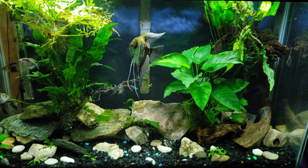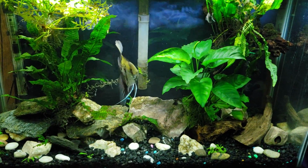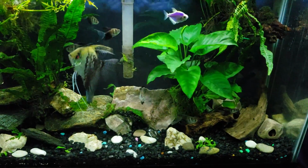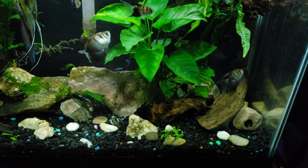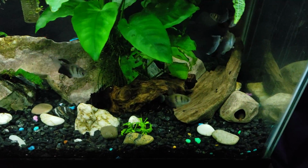Hey everybody, this is my 29-gallon miscellaneous tank, and I just did a water change on it tonight. Did a simple filter change. I wiped down the glass, and now we're just going to have a simple little look at it. If you'll notice down there in that cichlid stone in the bottom right hand corner, you'll see that little nose